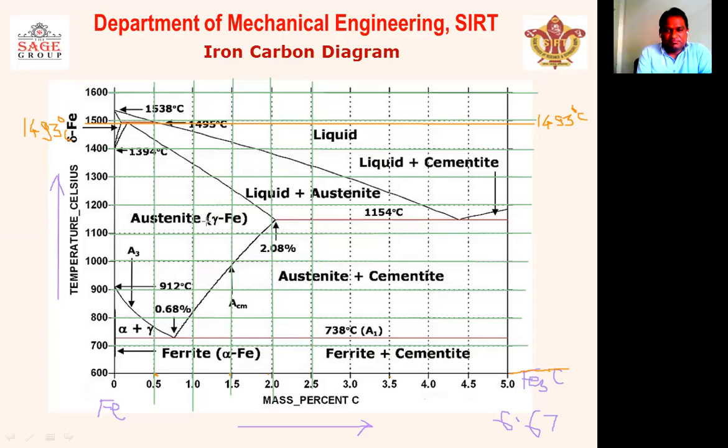Now next line you have to draw from the 1150 degrees Celsius. Yes, 1150. This value also you have to remember, 1150 degrees Celsius. But if you prefer number of books, then these values can vary for a little range. Then draw the next third line, that is the last line.